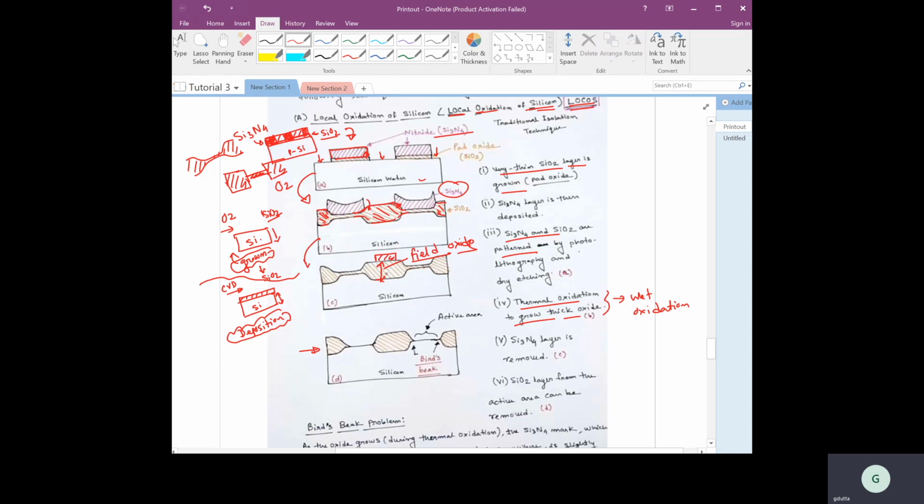We make this oxide thick because we really don't want this metal line, if it is carrying positive voltage, to form an inversion channel below it. Otherwise, the whole purpose of isolating the device, the device that will form here and the device that will form here, is gone, because then you have a connection between these two. So this oxide has to be really pretty thick.